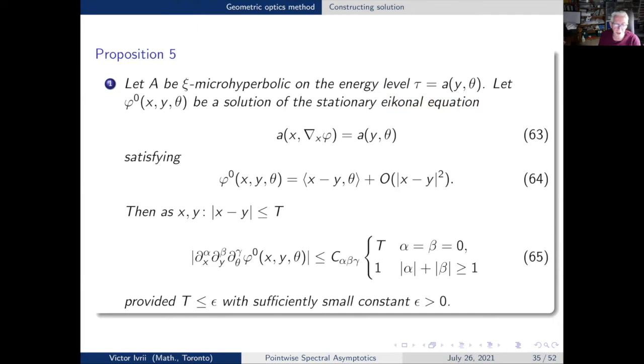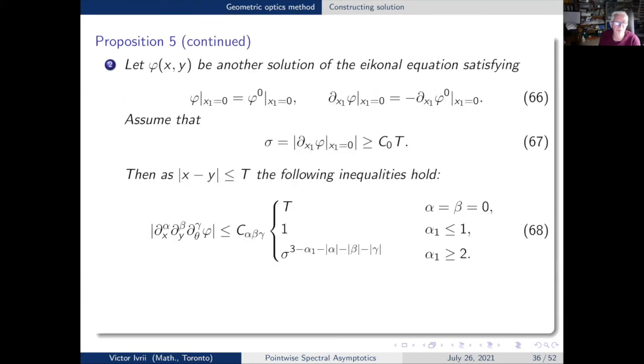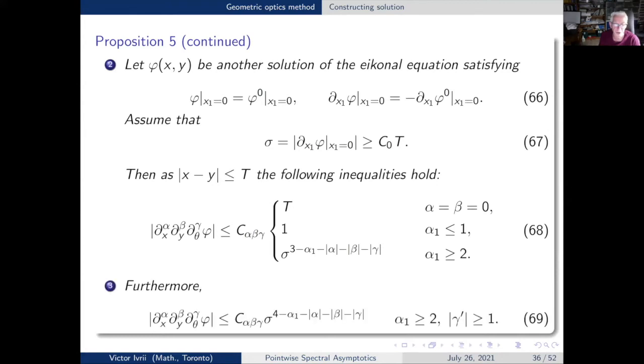Okay, this is just like this. I don't want to load you with all these estimates, but the important thing is that